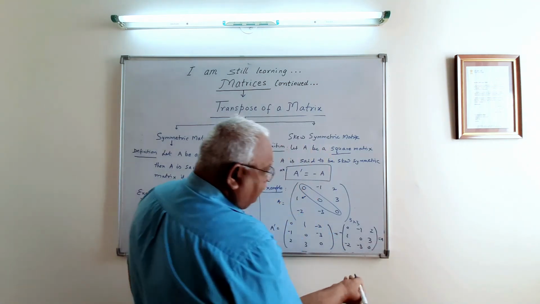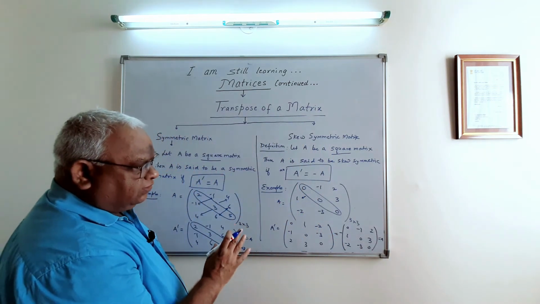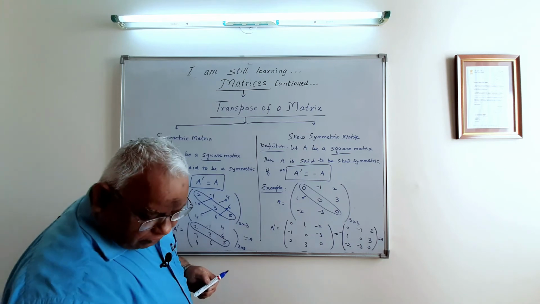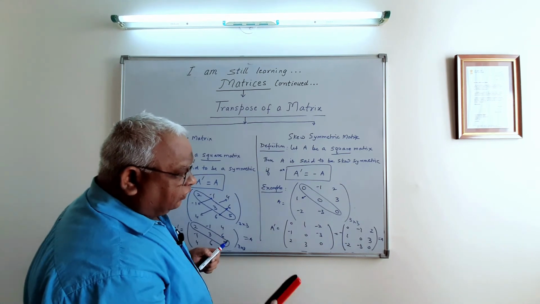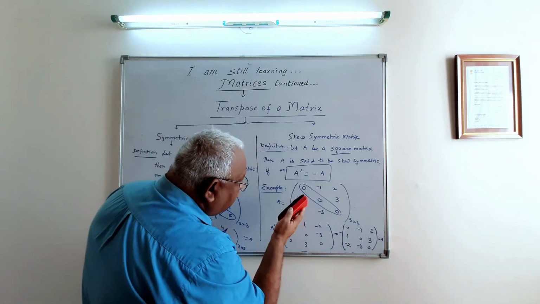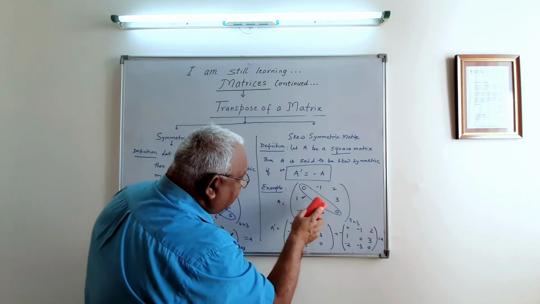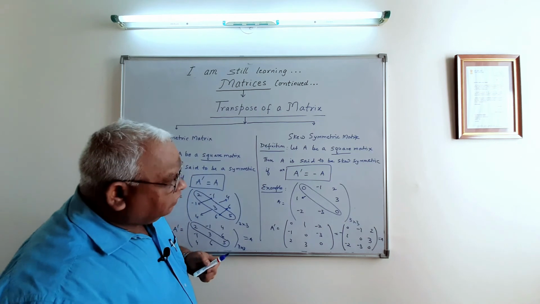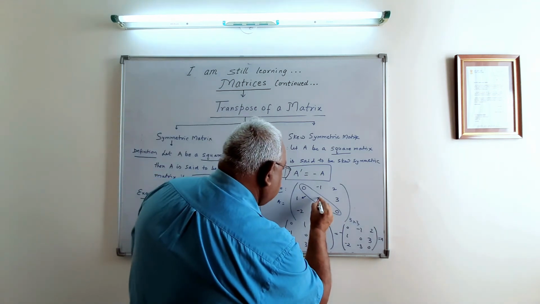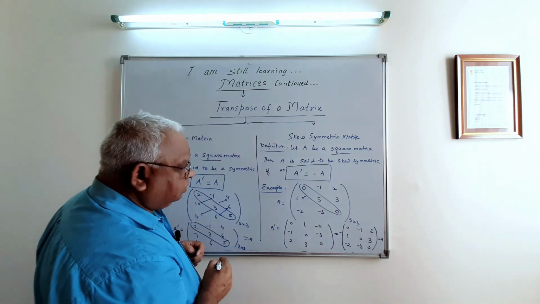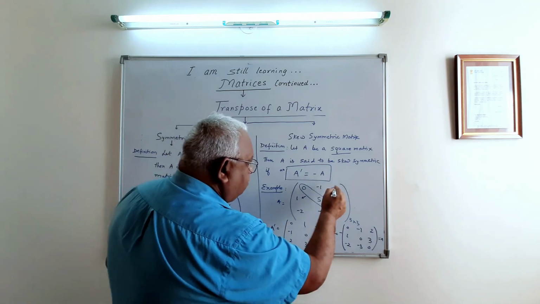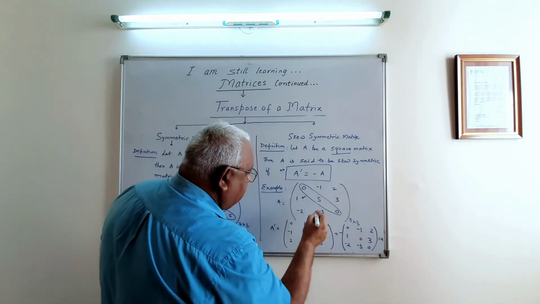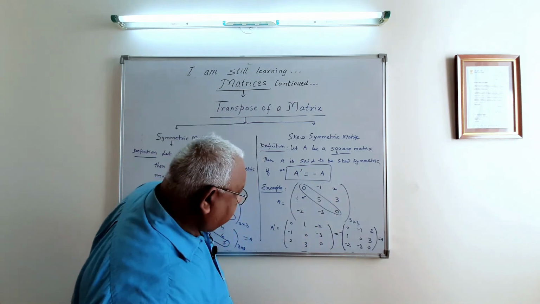I'll just change and see what happens. I will not do much change. I will show you why these zeros are important. Let me change this and make it 5. So what will happen? 0, minus 1, 2 is fine. 1, 5, 3. This will become,